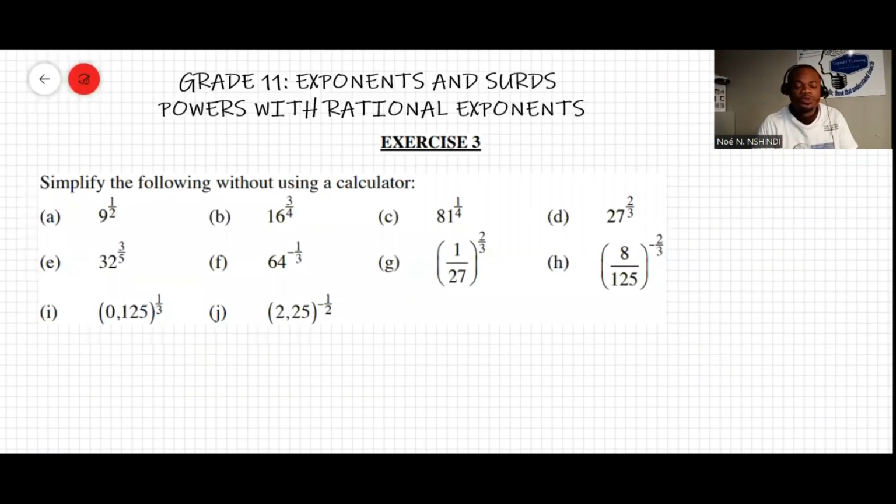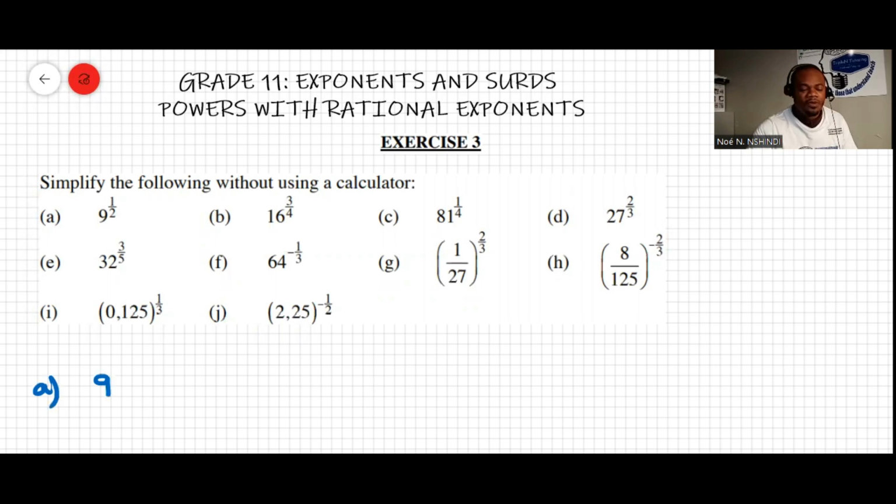Well, now we're going to do exercises on powers with rational exponents, okay? And the question says, simplify the following without using a calculator. This type of question you should expect more, especially in grade 11. Question A says